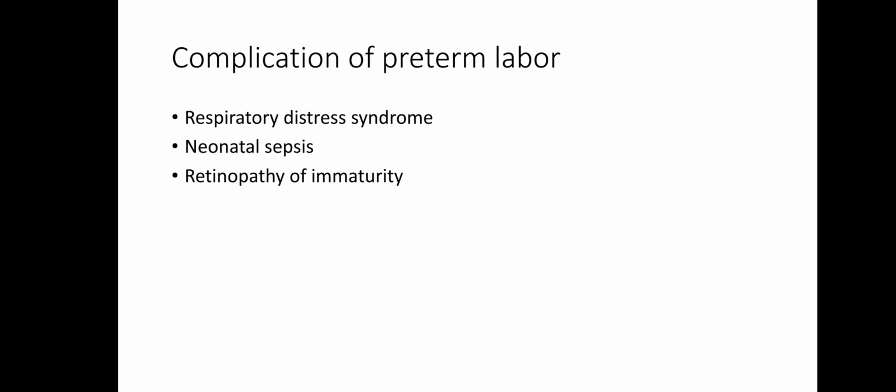So complications of preterm labor, the main one is respiratory distress syndrome. This is because the lungs don't have surfactant. Surfactant is an important part of the alveoli. It makes the alveoli,